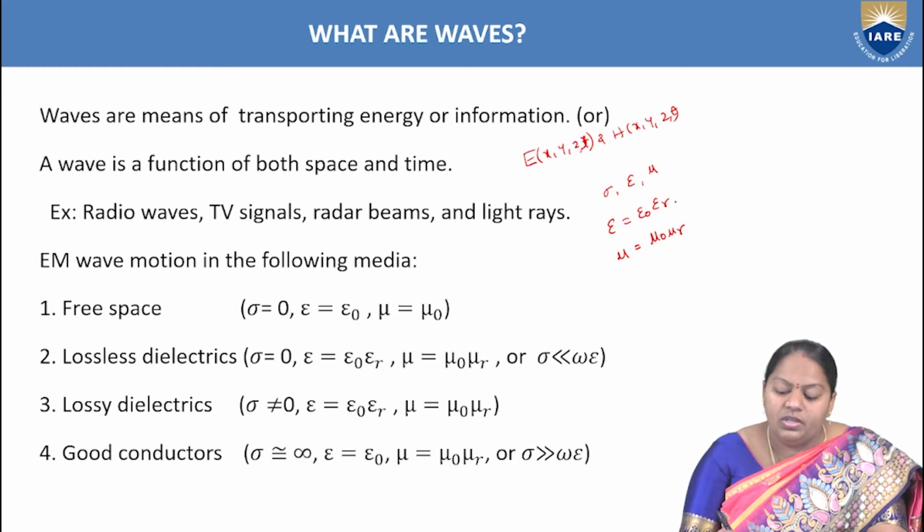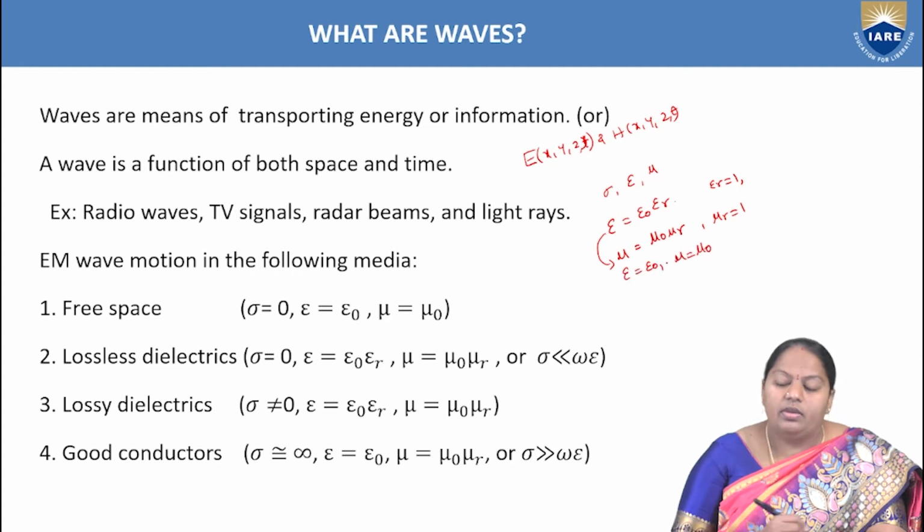For a free space medium, epsilon r, which is nothing but the relative permittivity of the material, is replaced by 1. Similarly, the relative permeability of the material is replaced by 1 for the free space medium. Hence, these two are considered as epsilon equal to epsilon naught and mu equal to mu naught. By default, we know that epsilon naught is 8.854 into 10 power minus 12 farad per meter and mu naught is 4 pi into 10 power minus 7